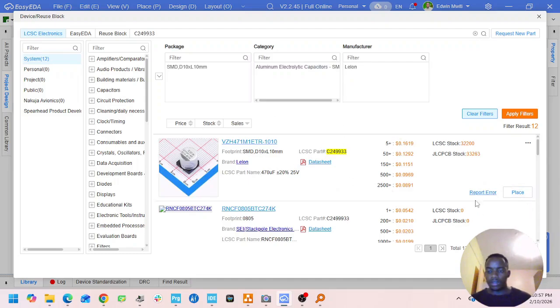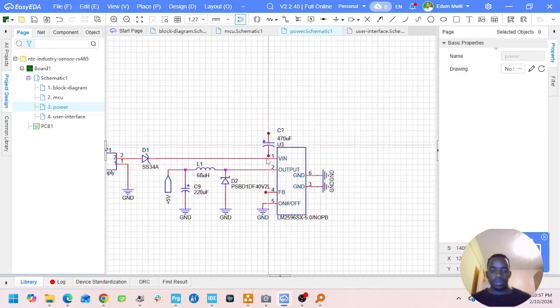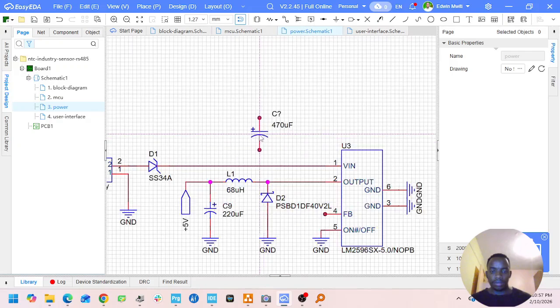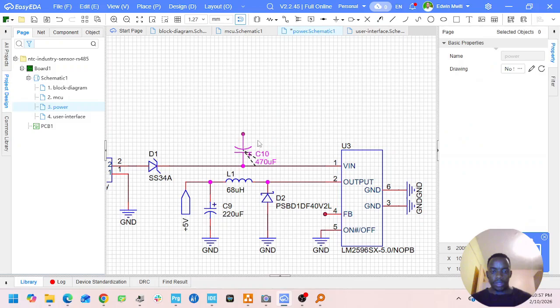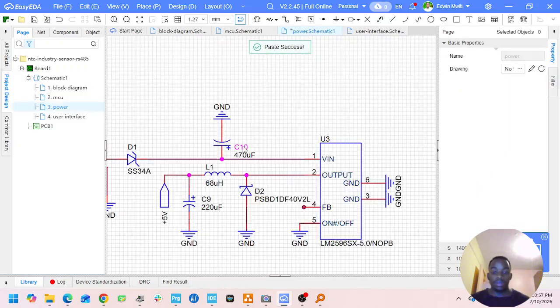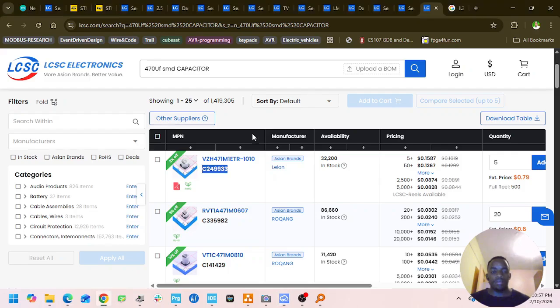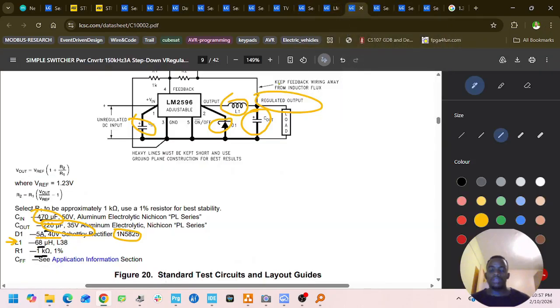All right, so it's on the input side, so I'll just put it somewhere there, and then put that there. Where is the document? Right there. Okay, so V in, then to ground,